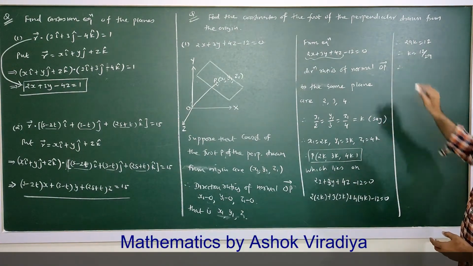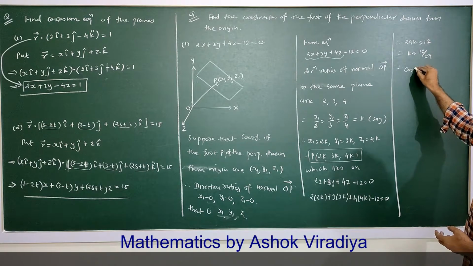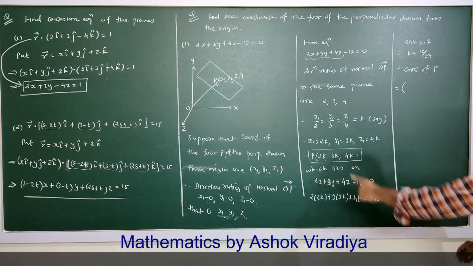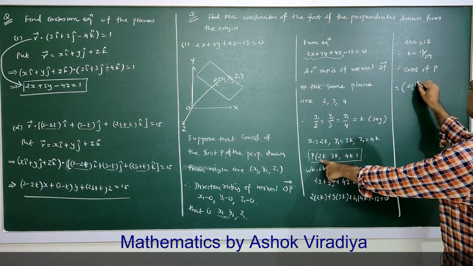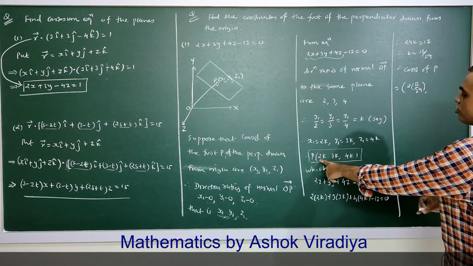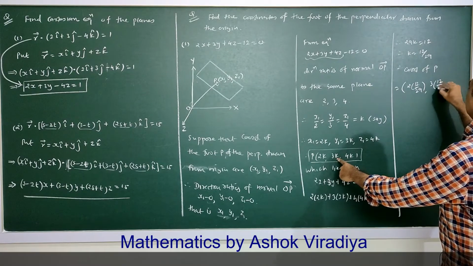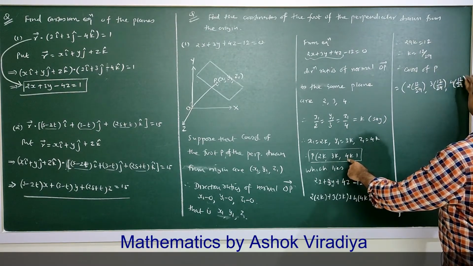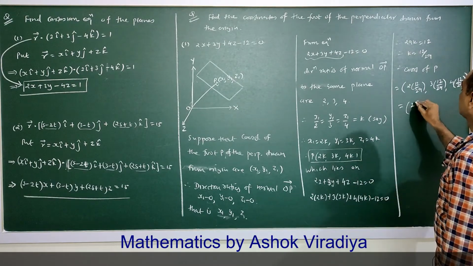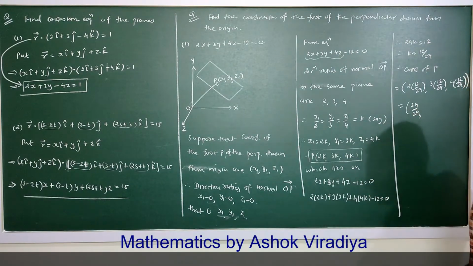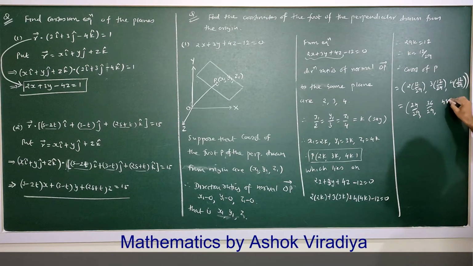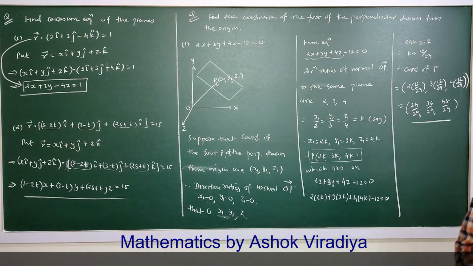So therefore coordinates of P are 2 into 12 by 29, comma, 3 into 12 by 29, comma, 4 into 12 by 29, that is 24 by 29, 36 by 29, 48 by 29. So these are coordinates of the foot. Now next result,